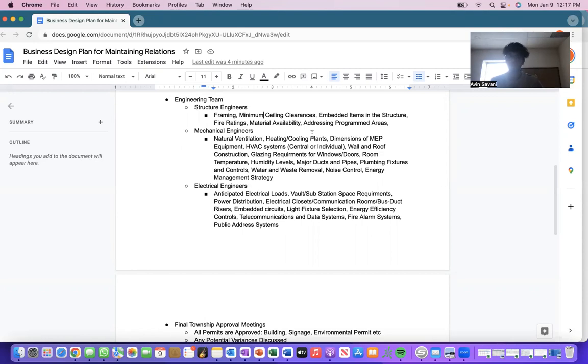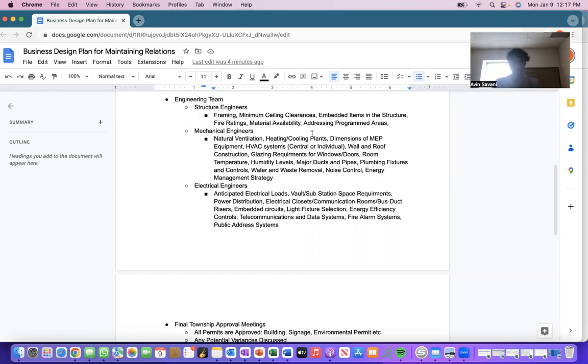So LED fixtures, seeing where you can save the most money. Okay, so first off would be anticipated electrical loads. Now, a lot of this I also do not know what it is. I've sourced some of these different types from different sources, so I am also really unaware. I'm learning with you guys on this.